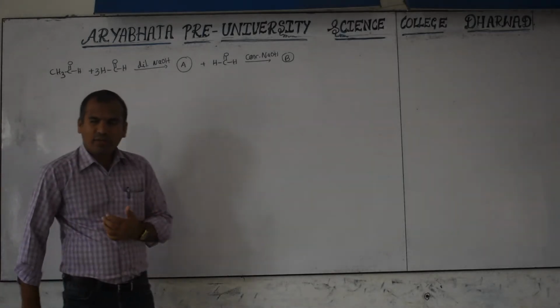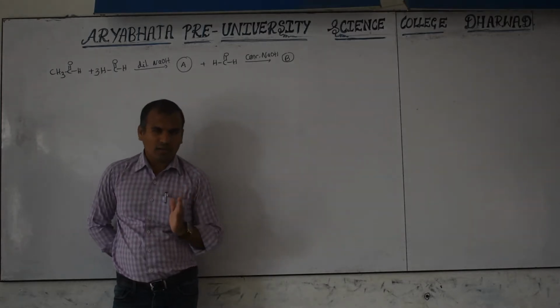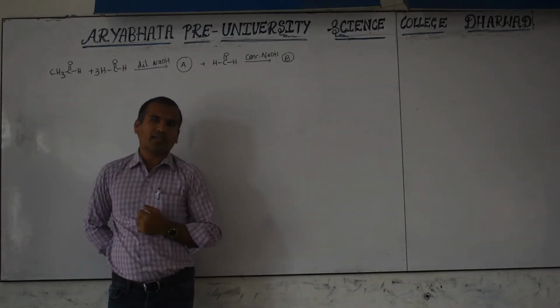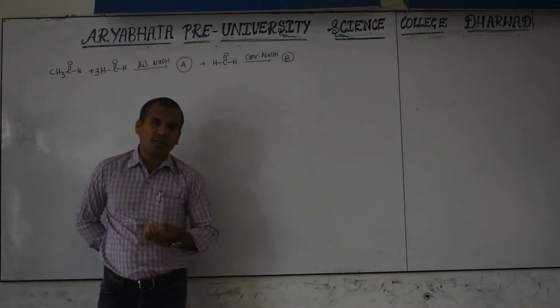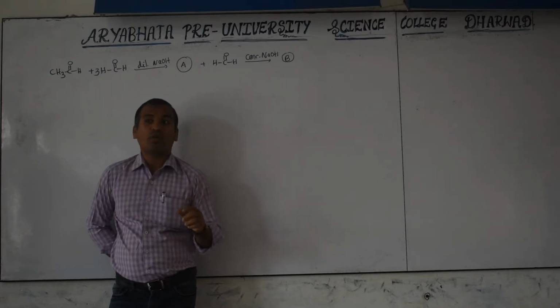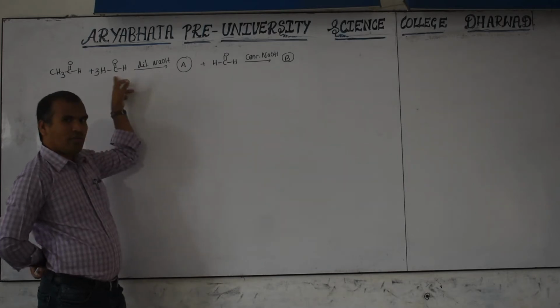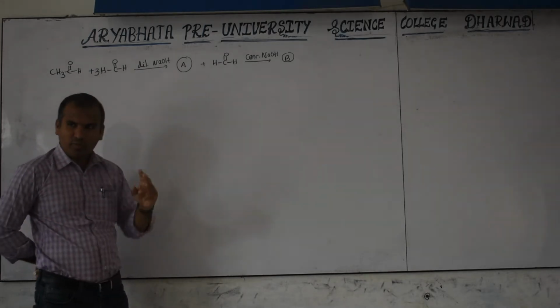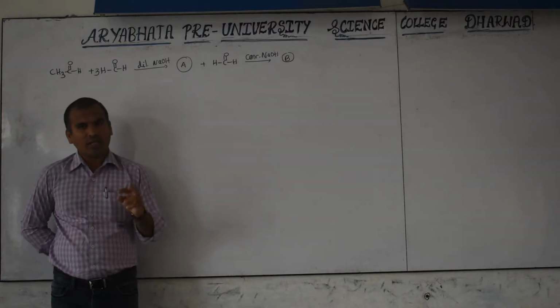Then what type of reaction is this? Aldol reaction. It means self aldol, cross aldol, or Cannizzaro reaction. This is a cross aldol reaction. Why is it cross aldol? In the Cannizzaro reaction, what is the compulsory requirement? Aldehydes with no alpha hydrogen. But here one has no alpha hydrogen and one has alpha hydrogen. That's why, mixing both, it is called a cross aldol reaction.